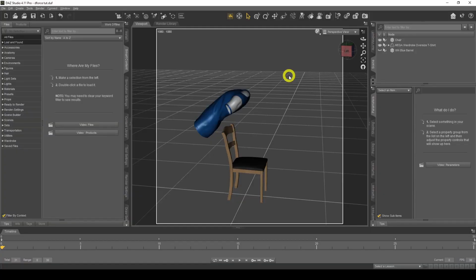So welcome to this DForce tutorial that I'm going to go through now in Daz Studio. And DForce is a great tool to use. It's very similar to what I covered earlier, which was deformers, but DForce gives you realistic clothing and gravity effects on your items. Now it doesn't work on all items, so that's a case of testing what items will work